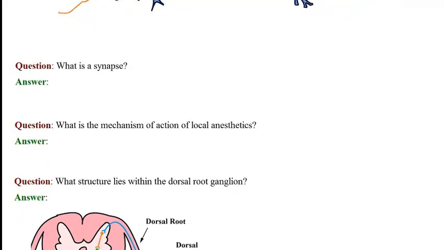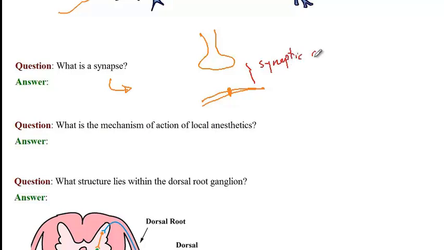So basically, the connection between a nerve and a postsynaptic cell is referred to as a synapse, and it could be, for instance, a connection between two nerves. It could be a connection of a nerve with a muscle or a nerve with a gland. And this synapse, as we just showed in our earlier images, is composed of a nerve terminal. It's composed of a postsynaptic membrane that has receptors, and then it's composed of the space in between that is referred to as synaptic